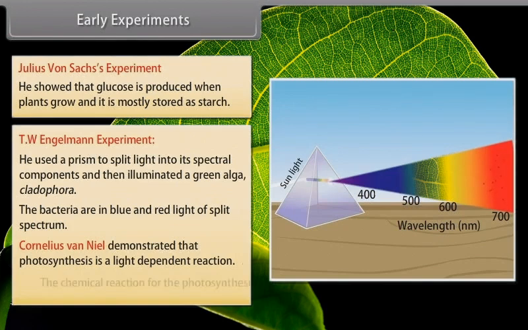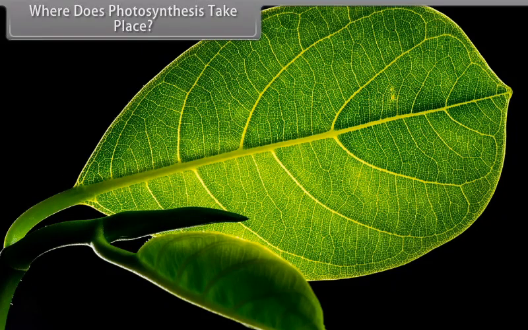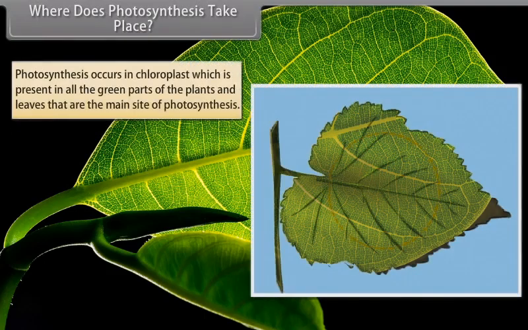The chemical reaction for photosynthesis is 6CO2 with 12 H2O in the presence of light gives C6H12O6, which is glucose, with 6 H2O, which is water, and with 6O2, which is oxygen. Where does photosynthesis take place? Photosynthesis occurs in chloroplasts, which are present in all the green parts of the plants, and leaves are the